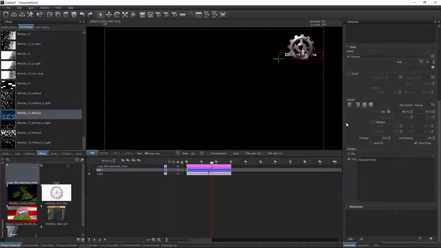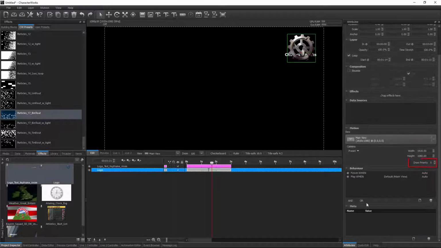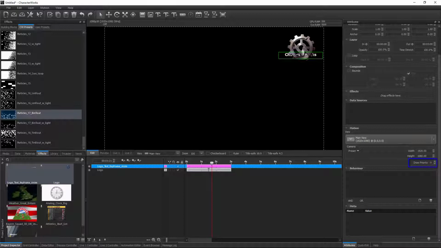The new text layer is displayed under the logo, but that is because of the draw priority values of the logo and text motions, of course. So, simply increase the draw priority of the new motion to ensure that the text remains on top.